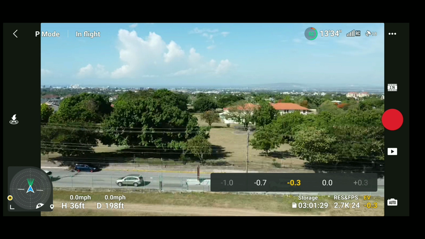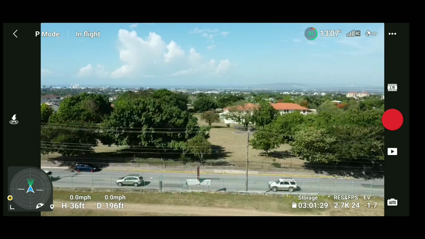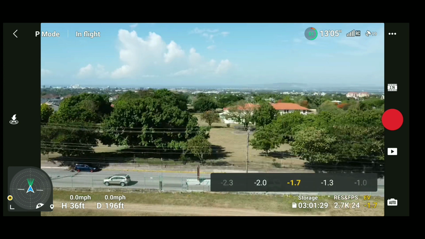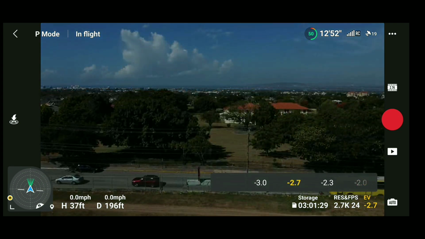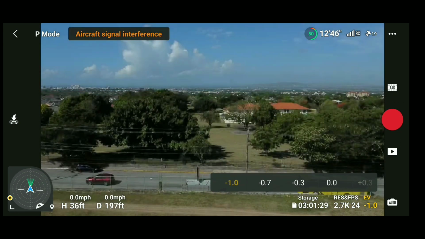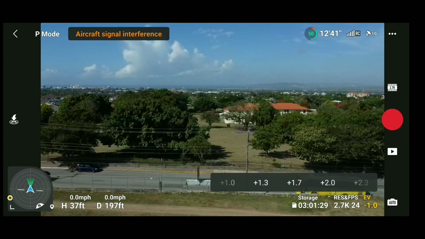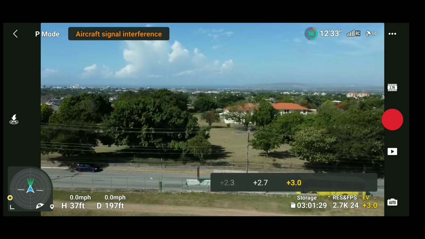And there you see me fiddling with the values. As I move towards the negative side, the image gets darker, and as I move towards the positive side, the image will get brighter. So it's very similar to our manual meter that we were talking about earlier in the video. So we're just moving it to the side here, and we're in auto mode now as we're flying. So this is for those of us who can't be bothered with changing the settings manually,